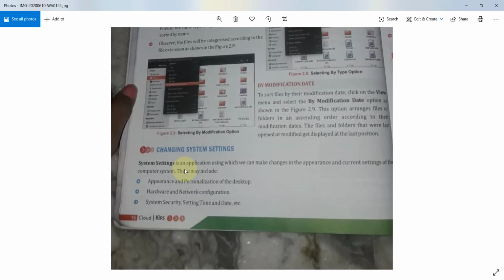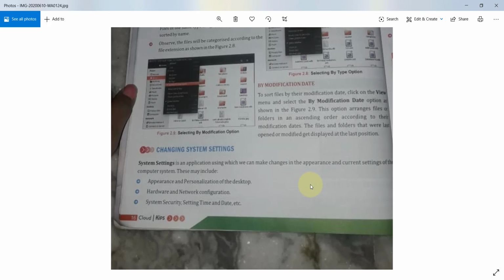And what is its purpose? How we can change the system setting. System setting is an application using which we can make changes in the appearance and current setting of the computer system. I think you all understood that this is used to make changes in the appearance and current setting. Clear?